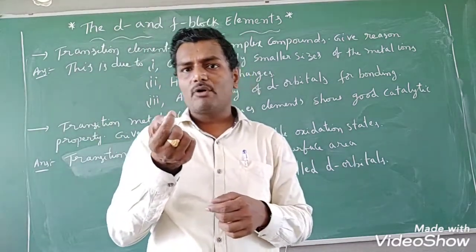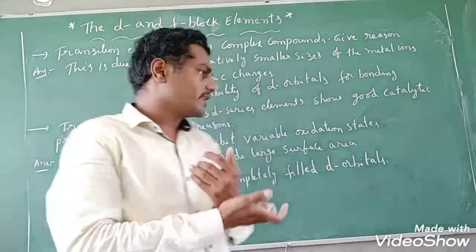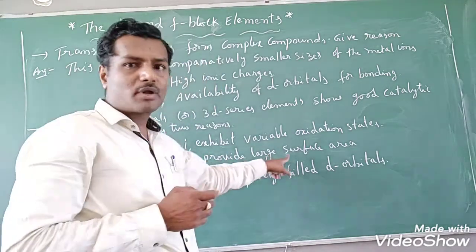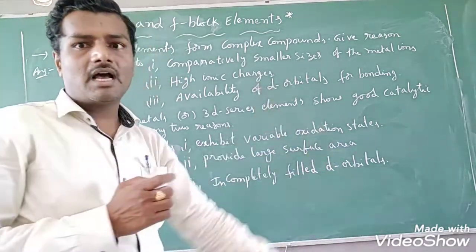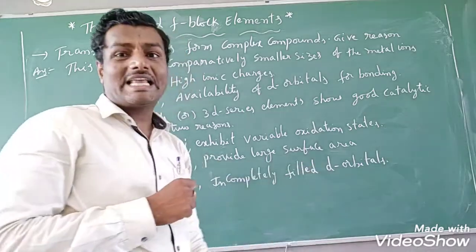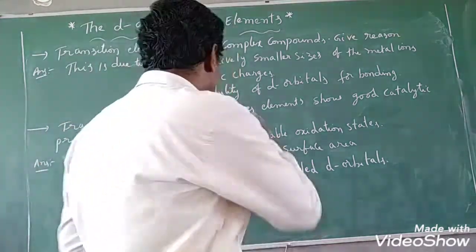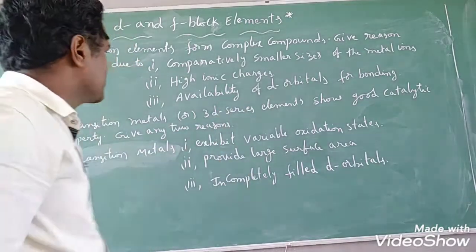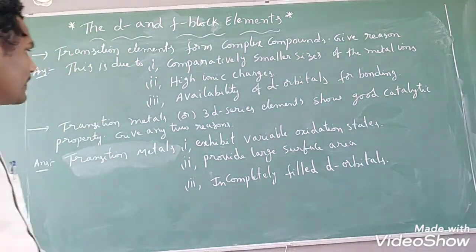If you take fine powder of that metal, then it occupies a large surface area, right? So these transition metals are able to provide large surface area. Because of that reason also it will act as a good catalyst. And also incompletely filled d orbitals are available in case of transition metals. So these are the main reasons to exhibit catalytic properties, students, right? These 2 are very, very important questions. Okay? Copy it.